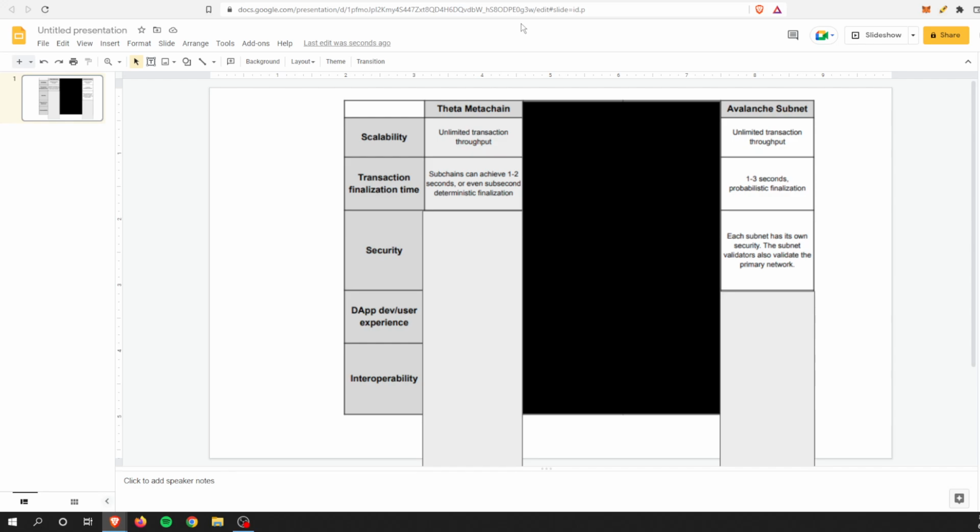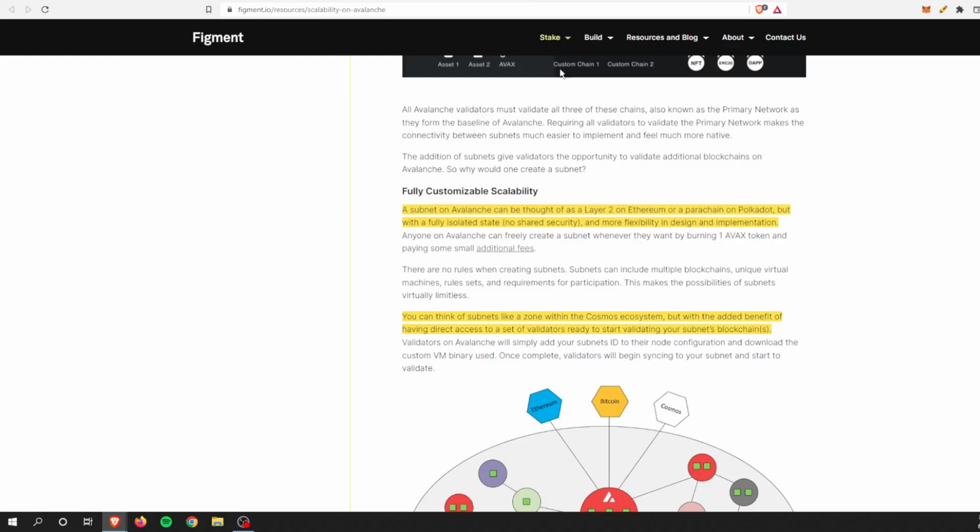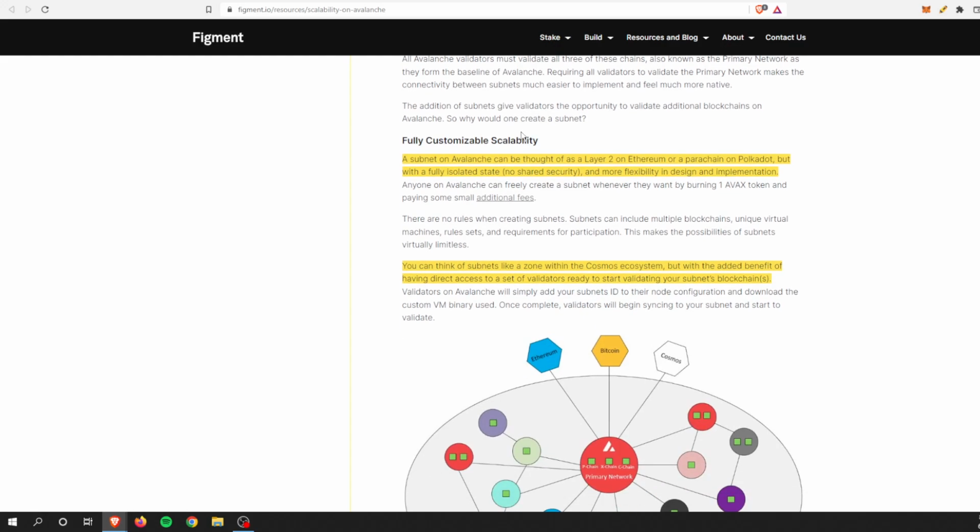I know one thing that a lot of these blockchains going forward are looking for is shared security. That is one more layer on top of just having a subnet have its own interior security, if you will. But if it's shared throughout the entire ecosystem or entire blockchain, it's a little bit stronger. So it has its own security. Still good, but it could be better. So fully customizable,